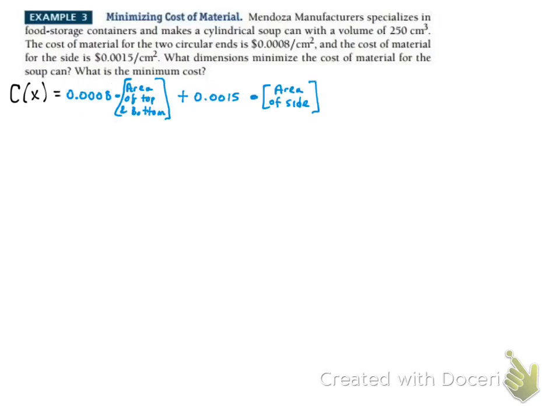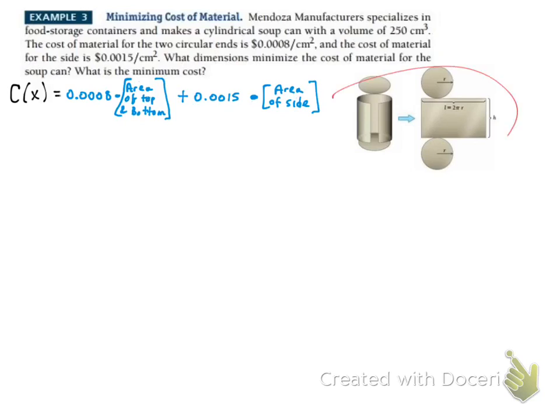So the cost of the top and bottom is just going to be the price per square centimeter for the top and bottom times the area. And then same thing for the side: the cost per square centimeter for the side times the area of the side. So now we just need to figure out what the area of the top and bottom is going to be and what the area of the side is going to be. Looking at this diagram over here,